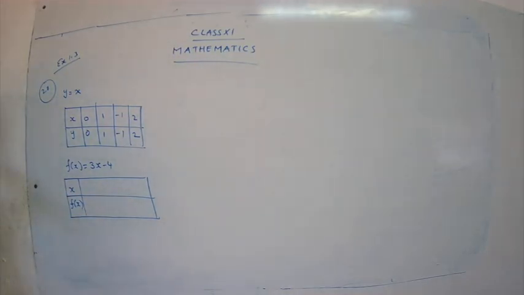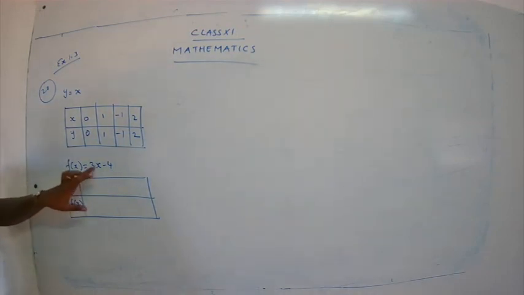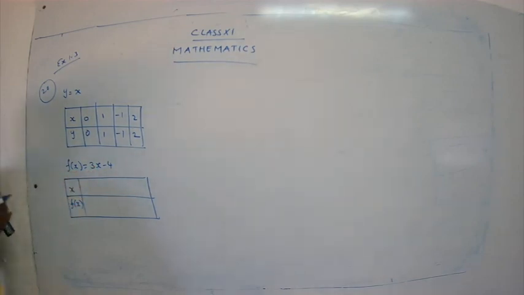x, f of x. Do not just go on taking any value. You have to take a value which gives you a proper value. So let's try to choose an appropriate value for x, so that it is easy for us to plot the graph. Do not choose a number in such a way that you get an answer in the form of decimals. We don't want a decimal answer. We just want an answer that we can plot easily in the graph. See, if I take the value 0 for x, what do I get?